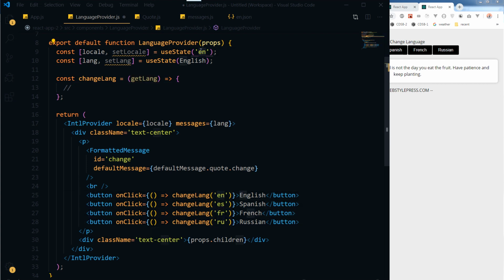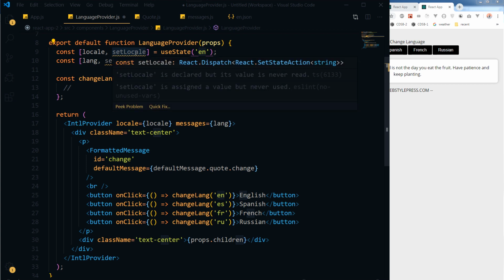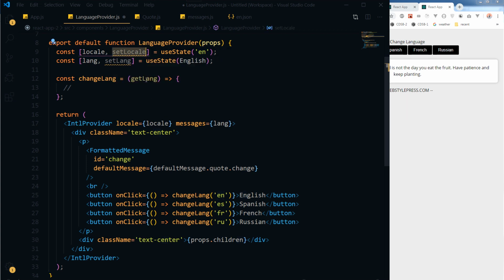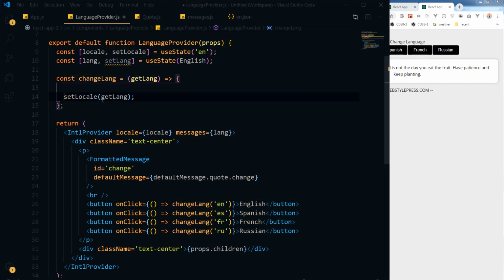It will go here. So let's use set locale. We will get it here, and we will immediately set locale as getLang. All right. So on click of this button, en will be stored here. On click of this Spanish button, es will be stored here. Set